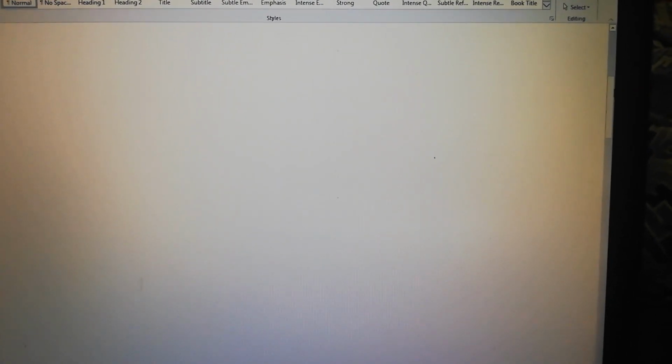And it is the vertical scroll bar. Here is the arrow to move down. Here is the arrow to move left. Horizontal scroll bar.